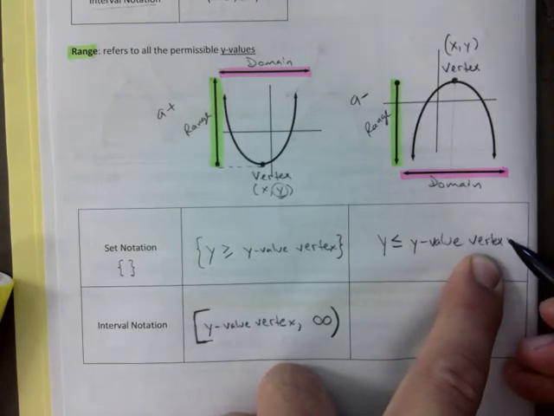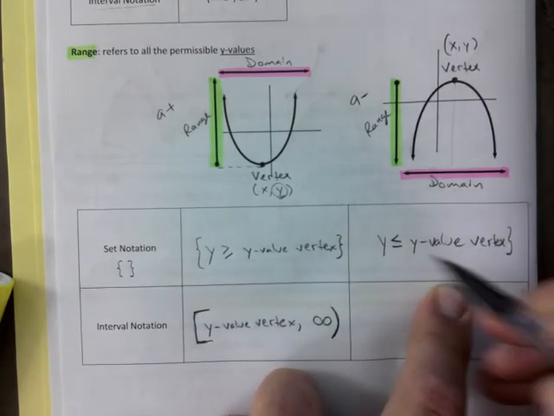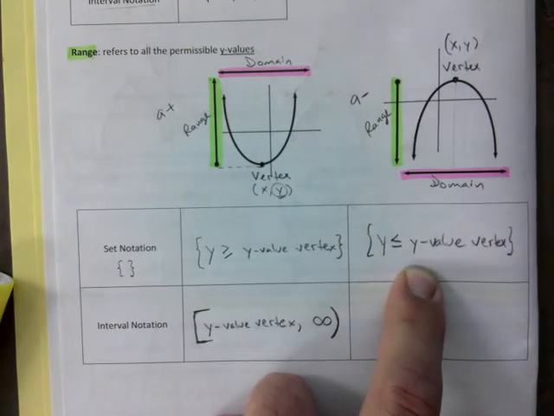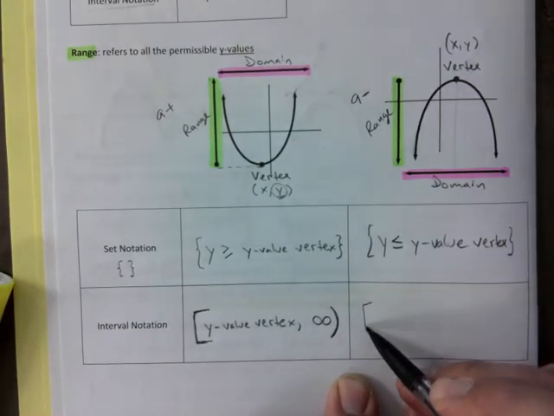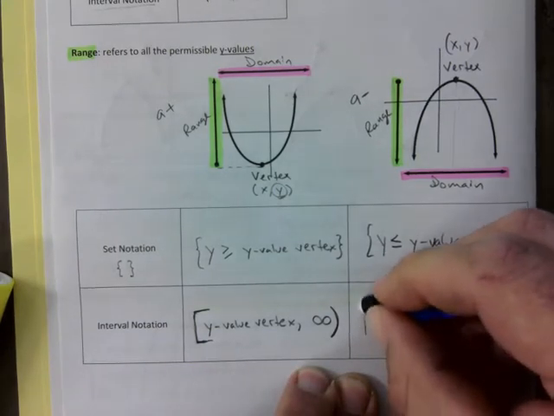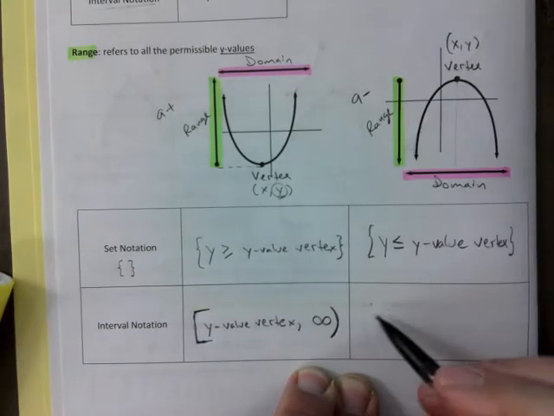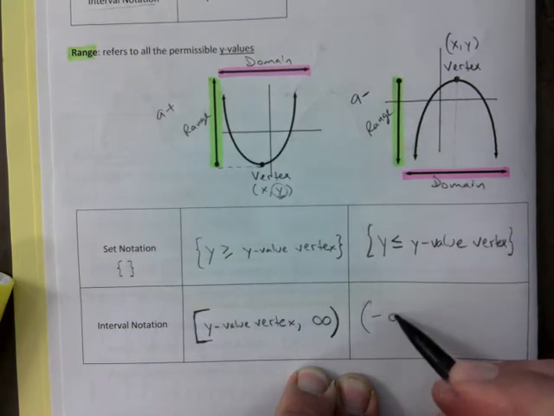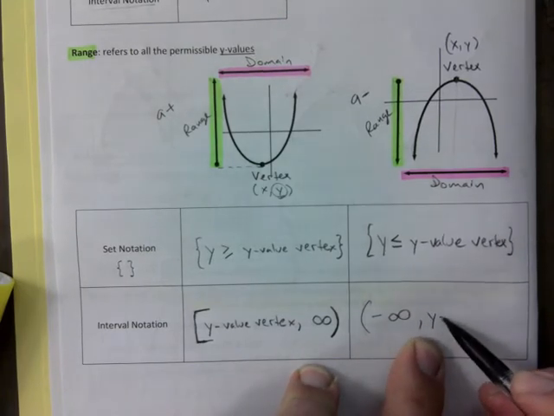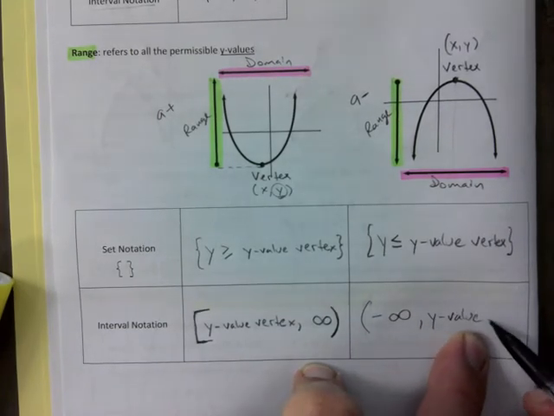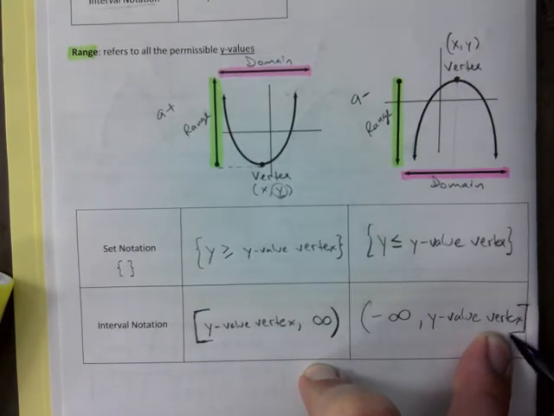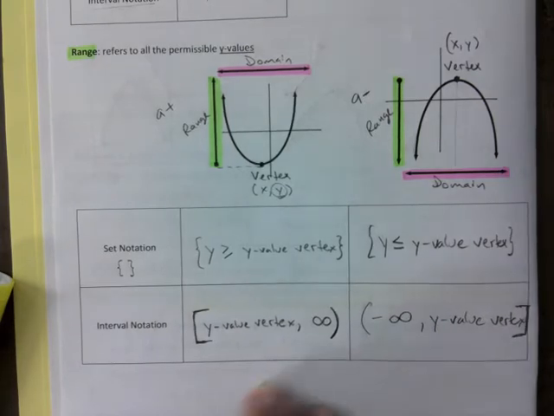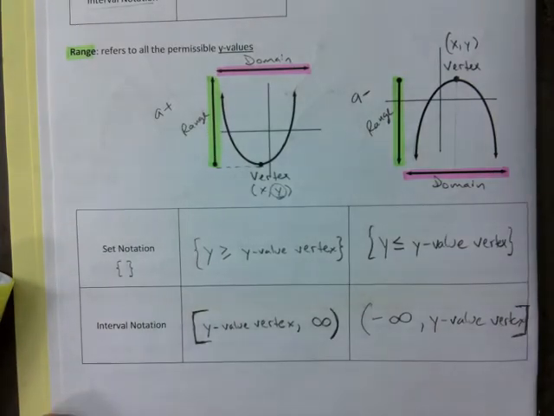And so we write down squiggly brackets, y is less than or equal to the y value of the vertex. And then, oops, this is different. You actually go from negative infinity all the way to the y value of the vertex. And right now, you're probably like, what? I forgot all of this. Well, we'll do a bunch of